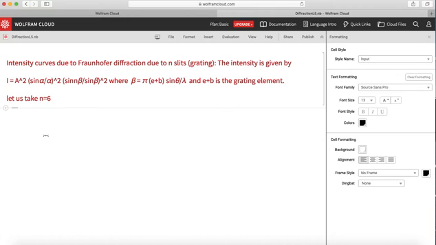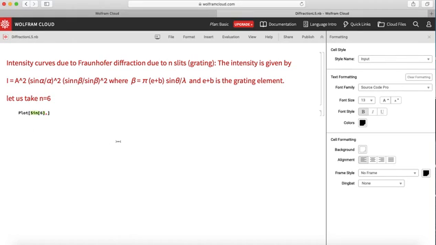Now we know that sine square alpha by alpha square gives diffraction due to single slit, which we have already discussed in detail, so we would not be doing that again. Let us concentrate on the term sine square n beta upon sine square beta. We will not plot the numerator and denominator together, but take them one by one. Let us plot first sine square n beta, and already I have chosen n is equal to 6, so I can plot sine 6 beta.